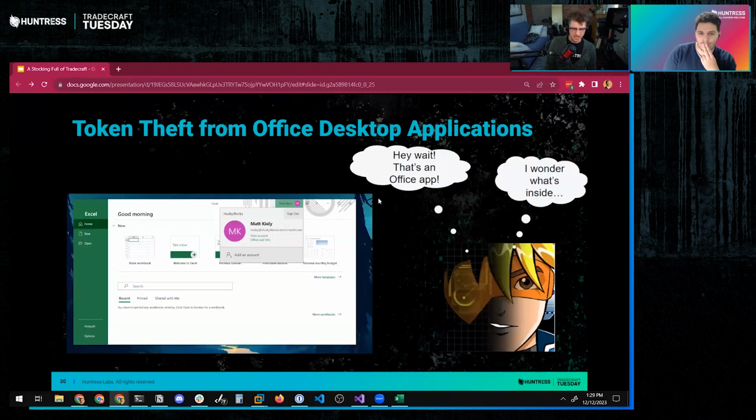So we've got our Cobalt Strike guy here. And Cobalt Strike says, hey, I looked around on the endpoint and I found us a process that has to do with one of the Office desktop applications. I wonder what's inside. And oh, lo and behold, here is the sign-in information. It looks like we've got Husky at huskyworks.onmicrosoft.com signed into this desktop application. Again, blurring the line here between what happens on-prem and what happens in the cloud, because now we have an identity associated with an application that happens in an on-premise environment.